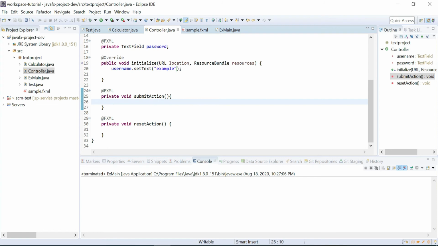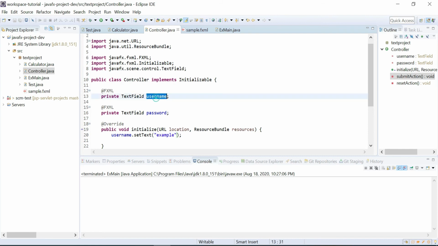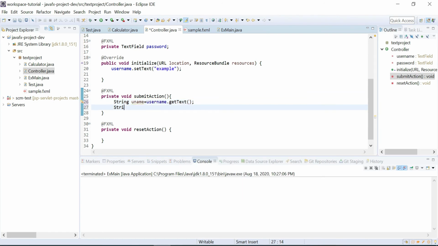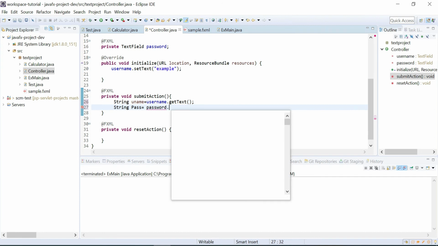Now on submit, what does it have to do? It has to read the input fields, both the input values, username and password. So what I will do: String username equals username dot getText, and String pass equals, from where are we reading it?